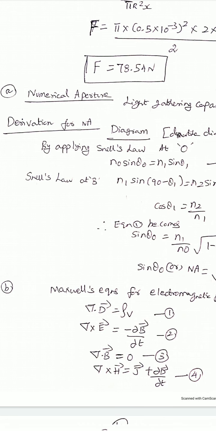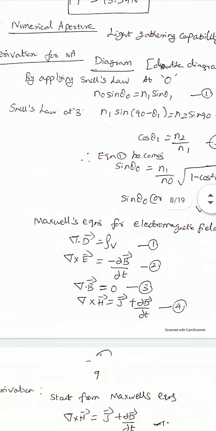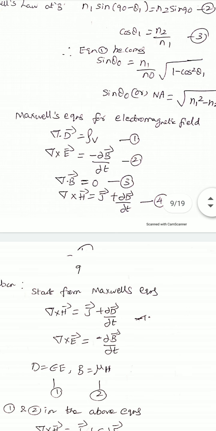Then the next one is based on: state and explain Maxwell's equations for electromagnetic field, and then starting from Maxwell's equations, deduce the wave equation. So first it is written Maxwell's equations for electromagnetic field. So 4 equations are written here. Then from this